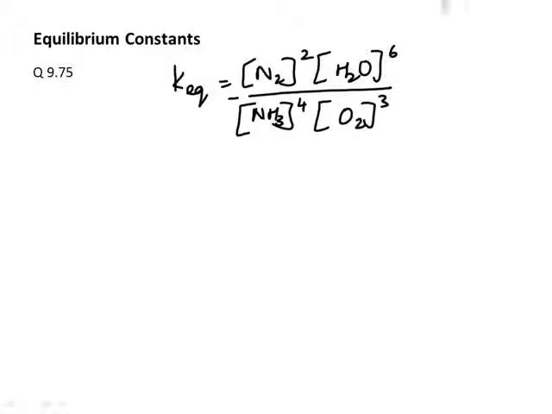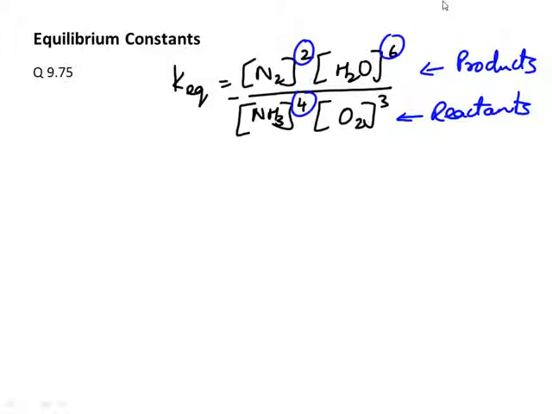So if this is the equilibrium constant equation given to us, how do we write the reaction equation based on this information? So remember that on the numerator are the products, denominator are the reactants, and all the exponents are the coefficients that go with each of those